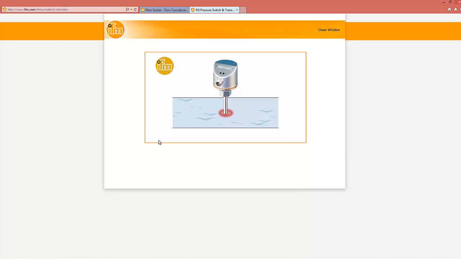IFM's flow switch technology is based on a thermal dispersion sensing principle. In this technology, the insertion style sensor tip is heated, and the amount of heat removal is directly